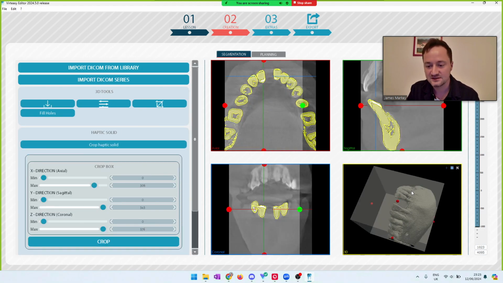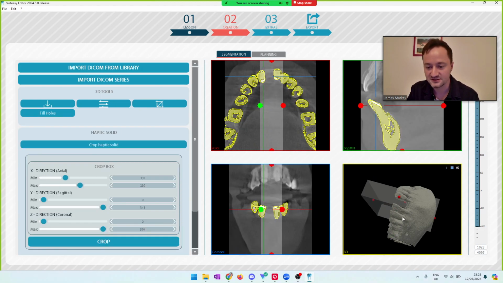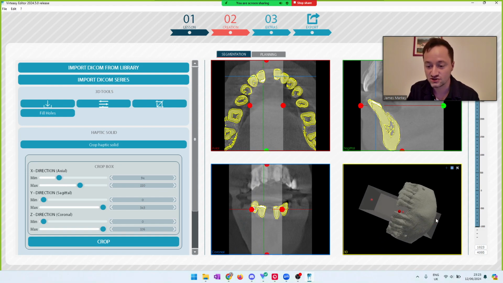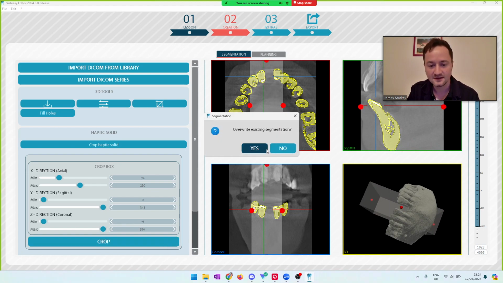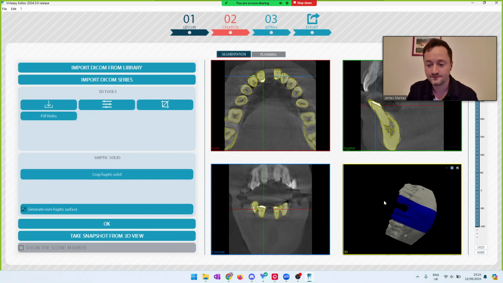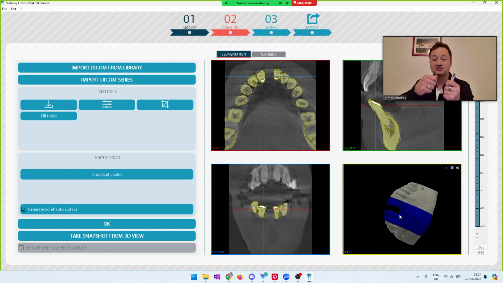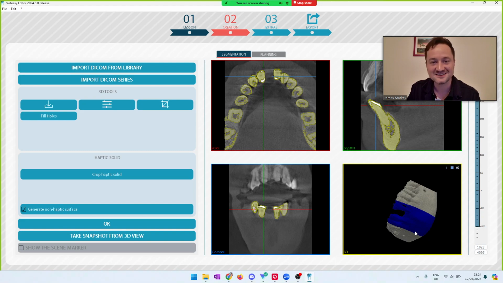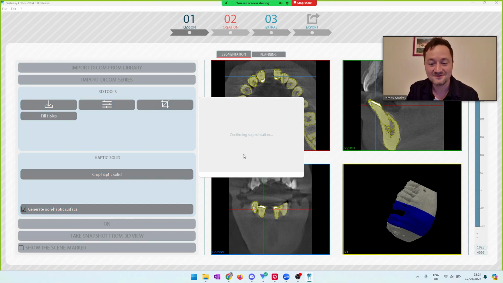And then for Virteasy, we want the haptic solid as well. So this is like the voxelization of it so that we can provide a haptic feedback. So I'm going to put the whole zone here, click crop and accept the segmentation. Then you see this part is going to go blue. So this is the part we can actually do the drilling with the haptic arm, but we'll still see the rest of the jaw, so it looks very realistic. We click OK here at the bottom,